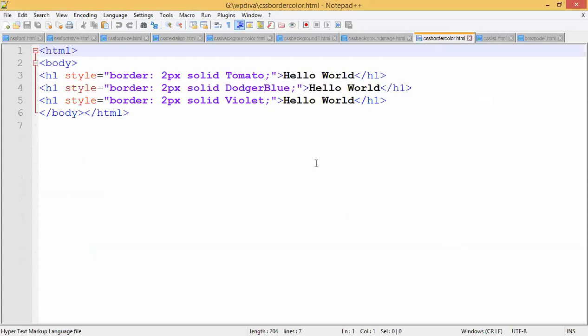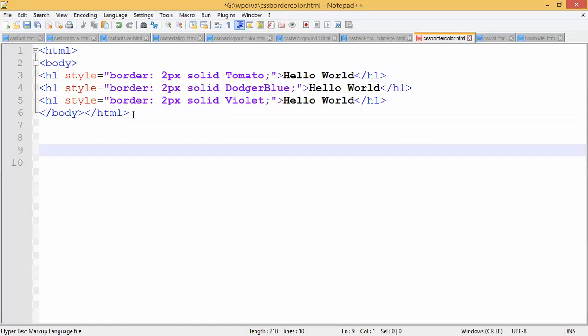Okay, see. So here we are again writing the code using inline CSS. You can see that I have HTML, I have body. H1 style is equals to, this is an inline CSS. I'm applying the border for H1. That's why it is inline. I'm writing the code inline. Okay. See here, guys. This is my inline CSS, right?